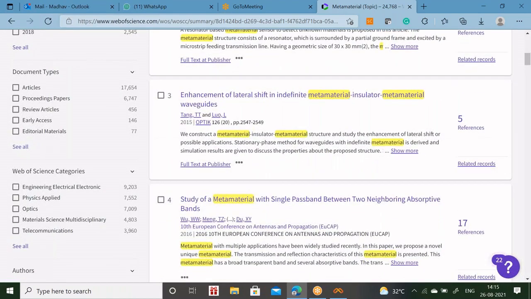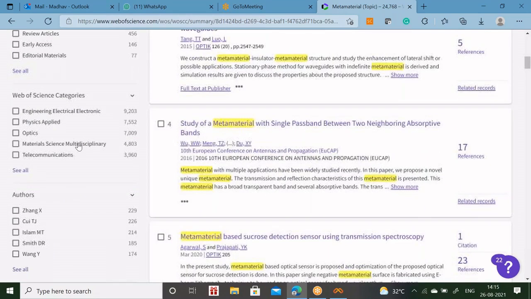So in this, with the metamaterial name, research articles 17,000, proceeding papers, that means conference proceedings, 6,747 are there. Review articles 456, early access 146, editorial material 77. Like that, different categories are there.